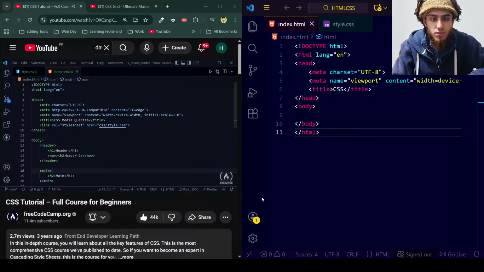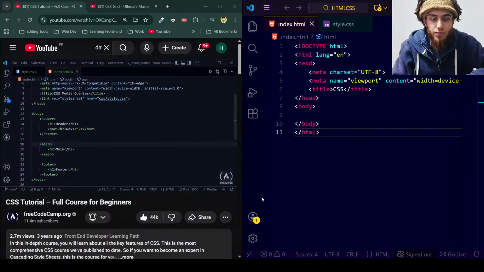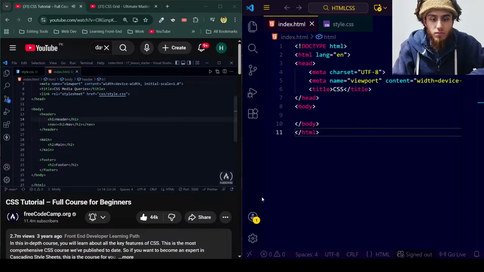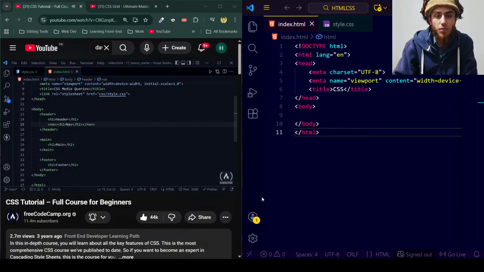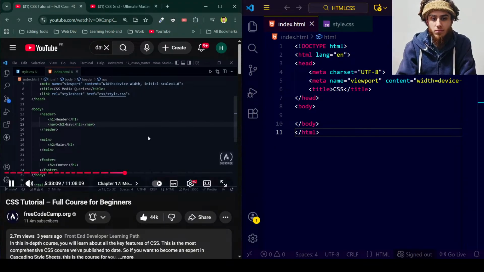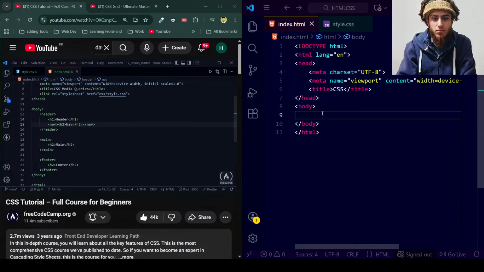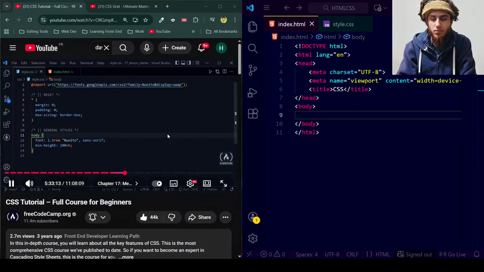I have got some basic HTML here, and I have a page outline that has a header, a nav inside the header element, a main element and a footer element. And so we're just going to outline a page and see how it changes based on viewport changes. And then in the CSS, I've got some basic CSS here. We're importing the